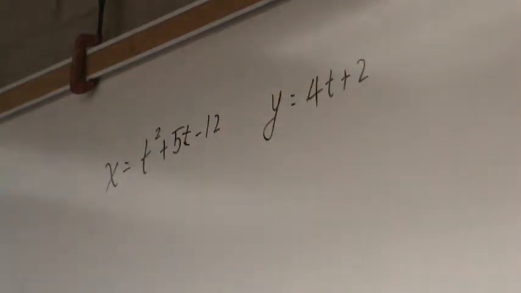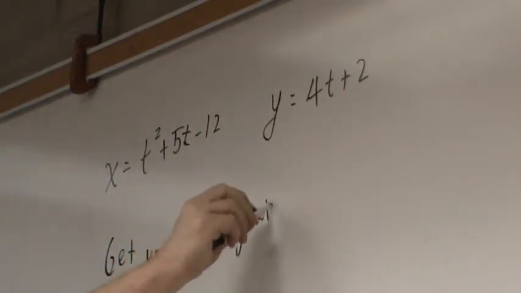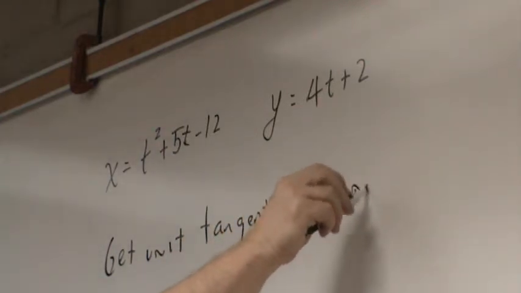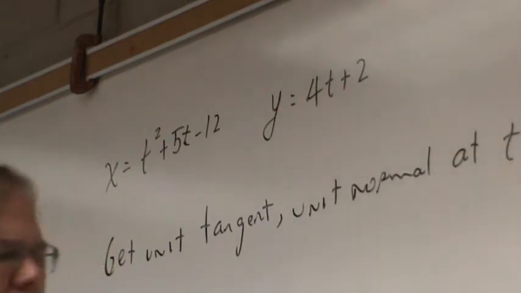Get the unit tangent and unit normal at t equal 1. Good luck, you guys. First, you're going to have to get the slope of the tangent, which means getting the first derivative, and then